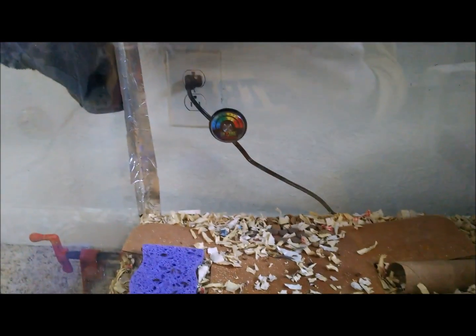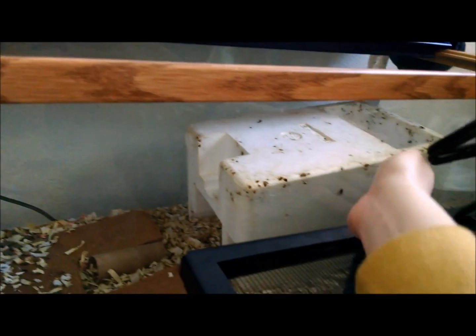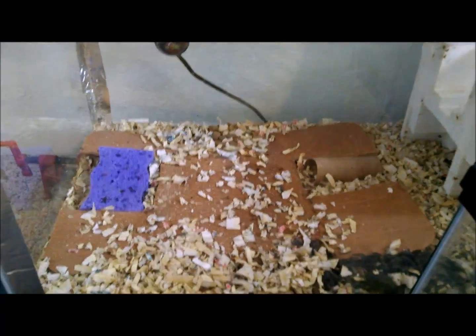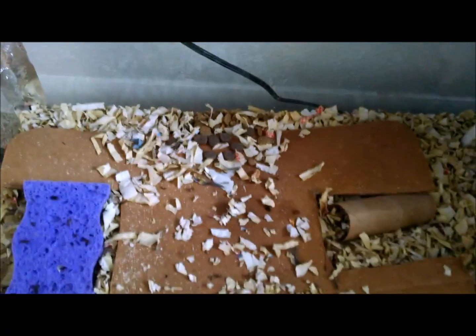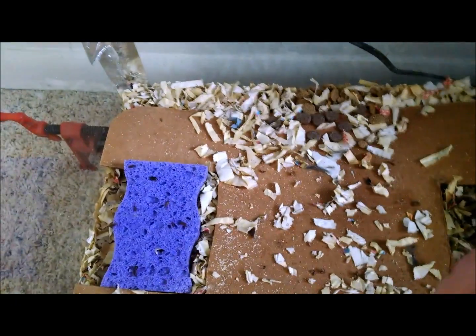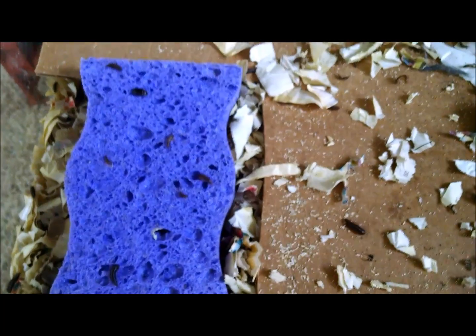It's good to have at least one temperature probe. This is a massive tank with a hot side over here. They could probably use at least 2, so I'll probably be getting another one. But apart from that, a couple things that you'll want to pay attention to other than temperature is water and food. For water, this is my second time taking this video, so most of them have already left, but there